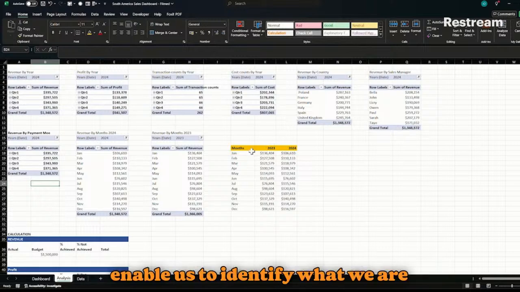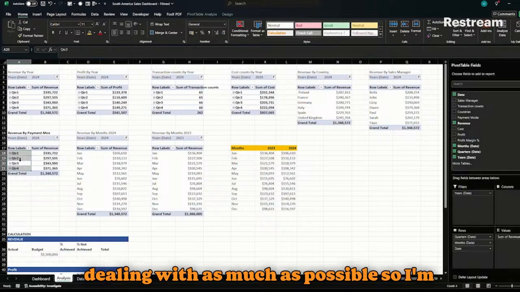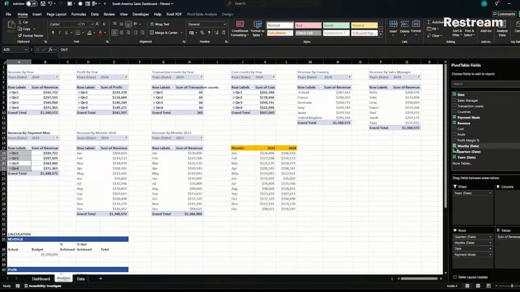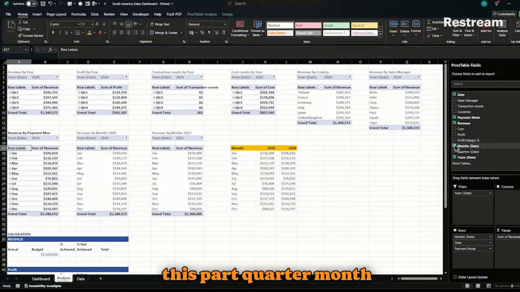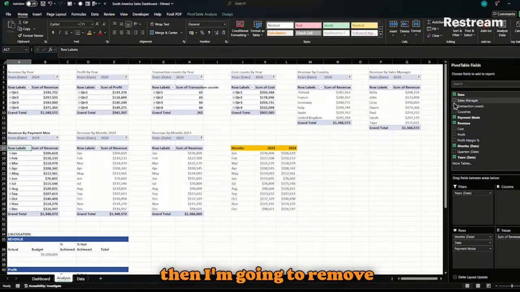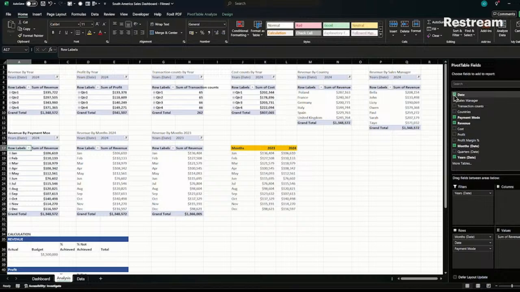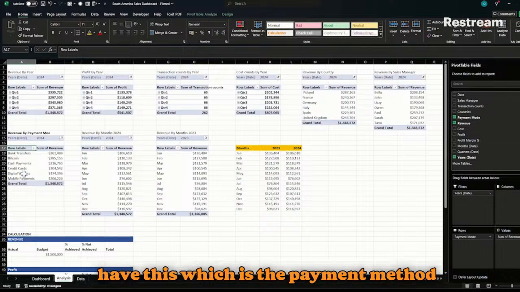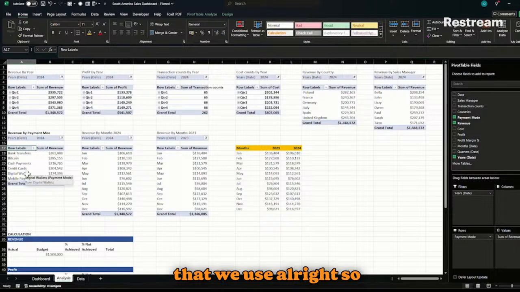This will enable us to identify which pivot table we are dealing with as much as possible. So I'm going to change this to be payment mode, then remove this part. Quarter, month is gone. Then I'm going to remove date as well, payment mode, and I'm going to remove month. So I have this, which is the payment method that we use. All right, so